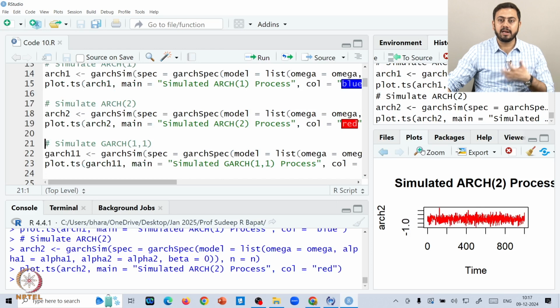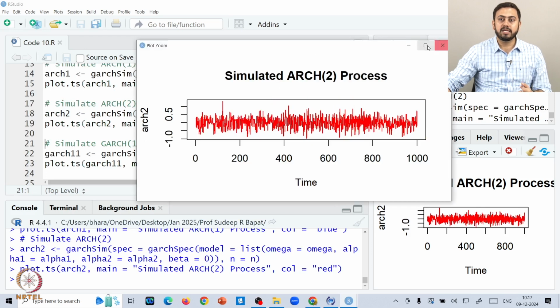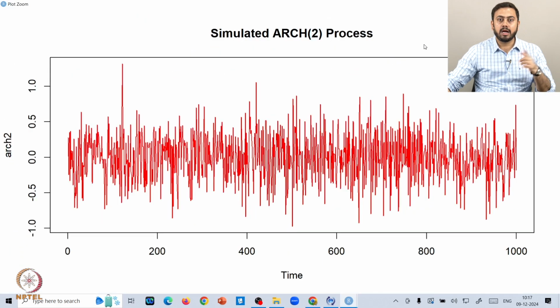Again I am using a slightly different color so as to differentiate between arch1 and arch2. Now, if you look from a very broad perspective, you might not be able to spot any differences between ARCH(1) and ARCH(2), and needless to say, all these exercises are simulation based, and ARCH(2) is nothing but one extra order over ARCH(1).